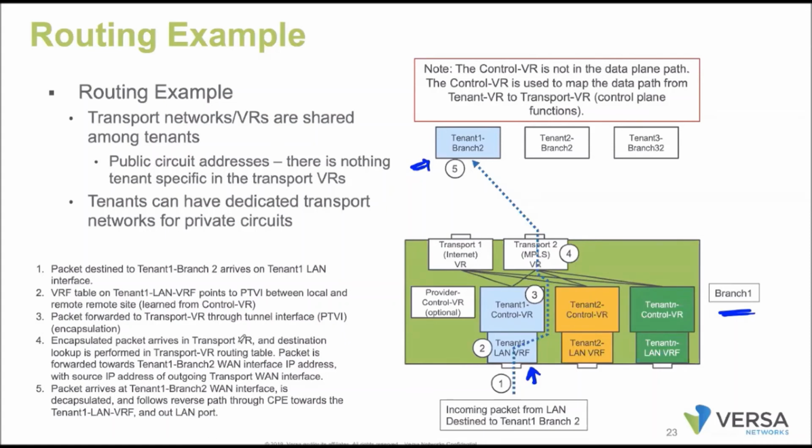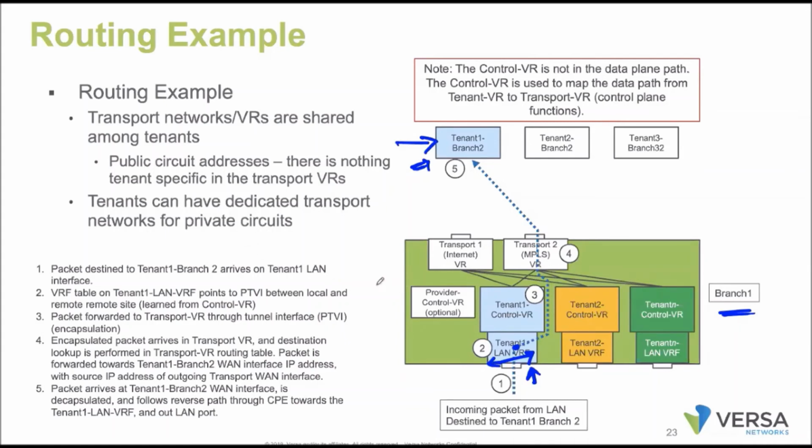Right. So when it comes to the traffic flow here, the traffic is destined to one of the IP addresses on branch 2. The traffic is received by this LAN VRF. The next stop in order to reach the destination is pointing towards the overlay tunnel. So it will verify the next stop on this LAN VR. If the overlay tunnel is a clear text tunnel, it will just encapsulate the traffic with an MPLS label and forward the traffic. If the next stop is an ESP tunnel, not only is it encapsulated with the MPLS label, even the data gets encrypted, and on top of that, encapsulation is done.